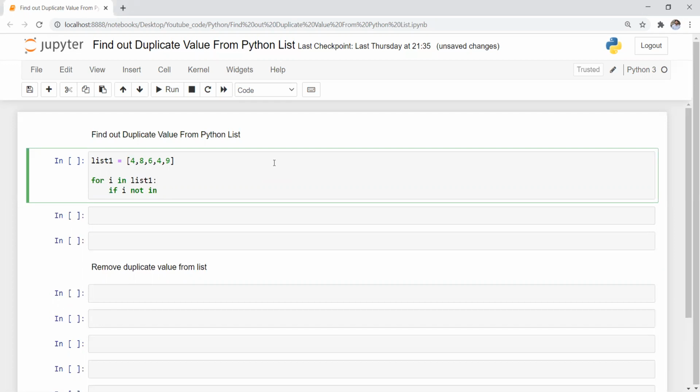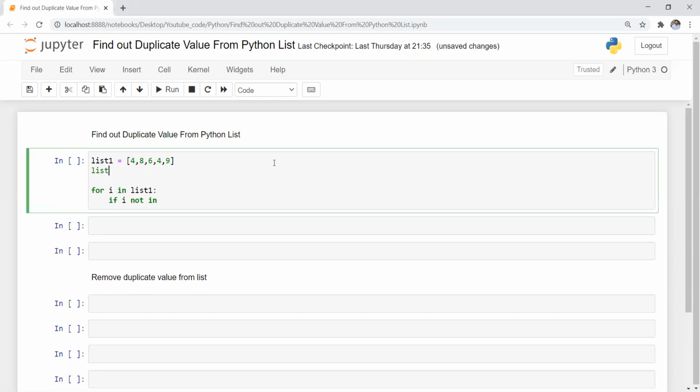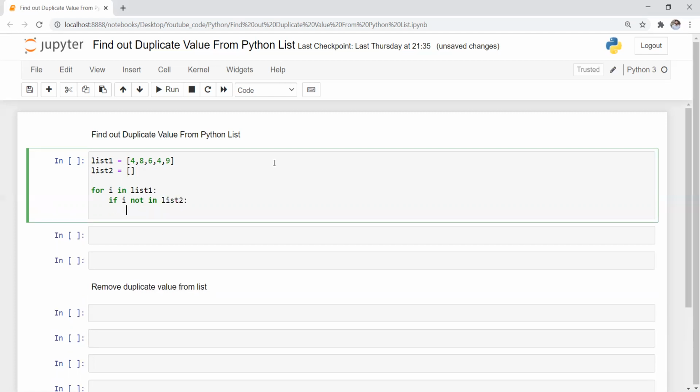So here I will initialize list2, which is an empty list because we have only the opening and closing brackets. I have not mentioned any element inside list2. Now we are checking whether the element is present in list2 or not.